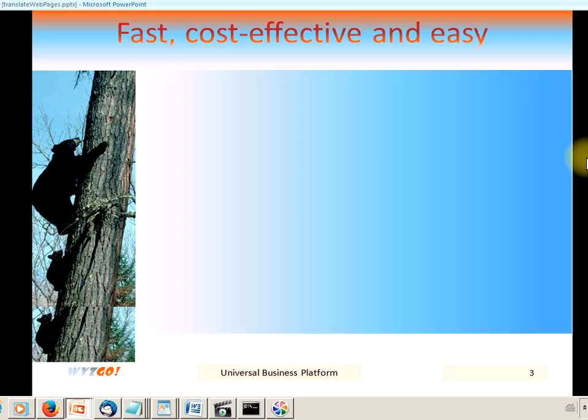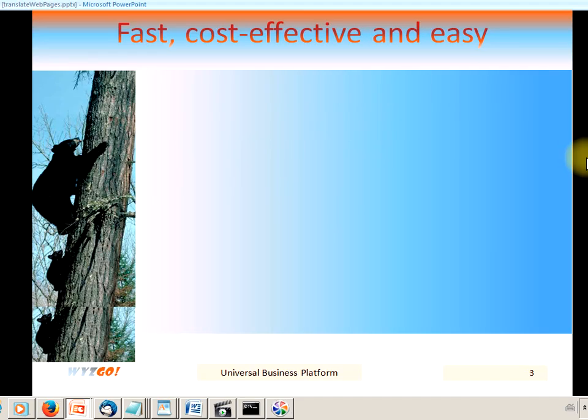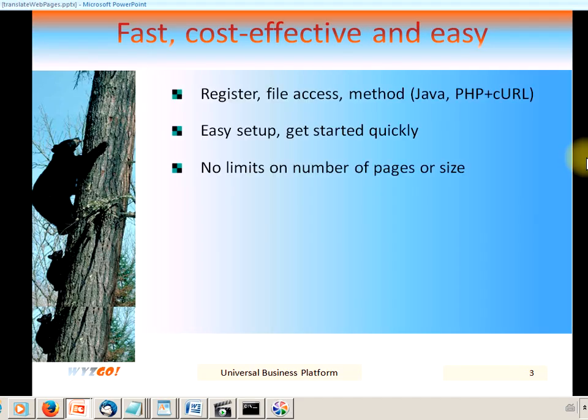First, you must register with Wisgo and have either Java JRE or PHP with cURL running on your computer. It's easy to get started. Simply download and install the Wisgo API and have your files or website URL accessible. You can have your complete website translated into multiple languages in just a few hours. What's even more attractive is there is no limit on the number of pages on your website or the size